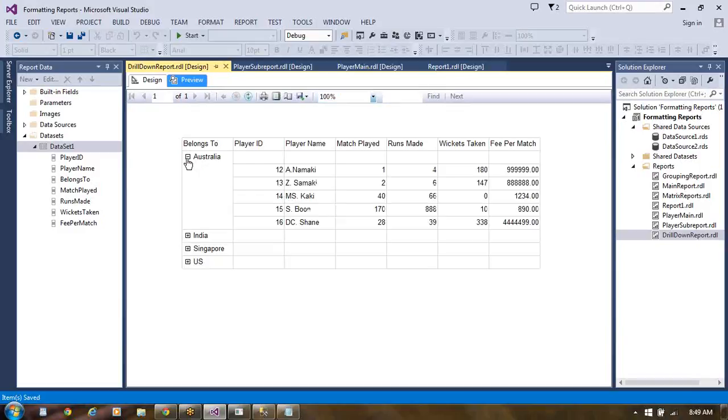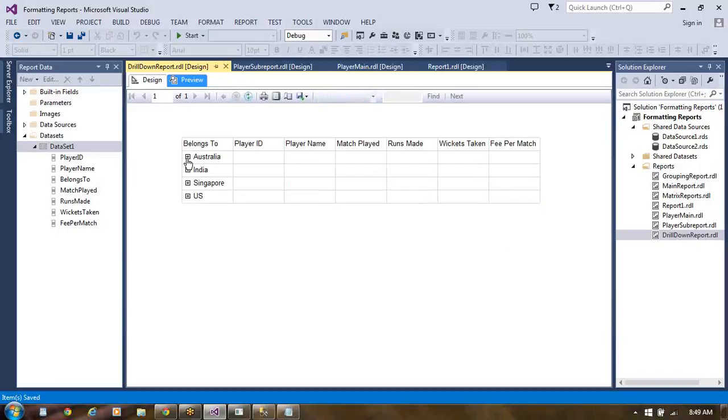If you click on this, it's going to show data. Otherwise, no data will be shown. Like this, we made actually here drill up as well as drill down. So this is basically sub reports.